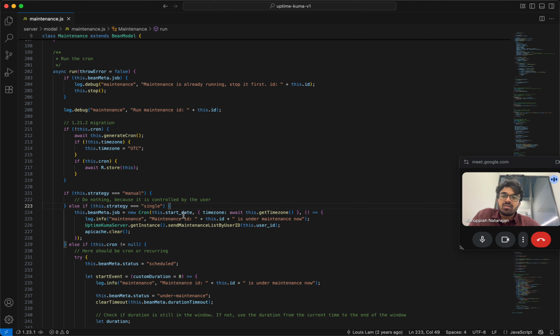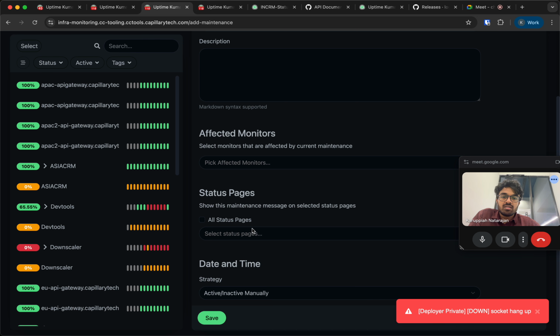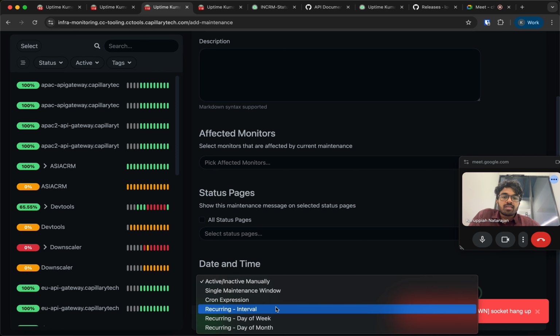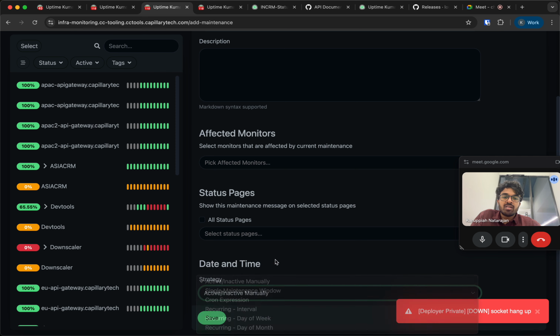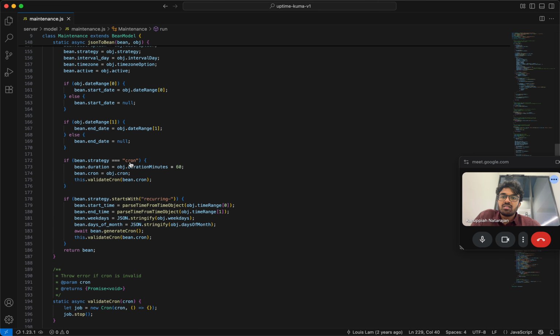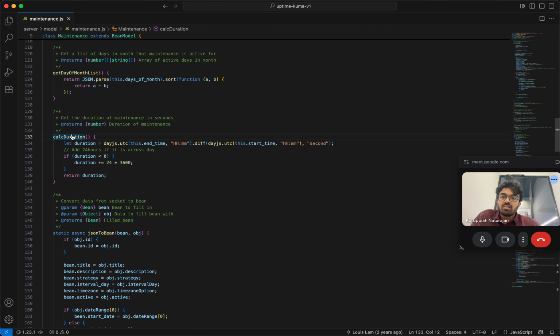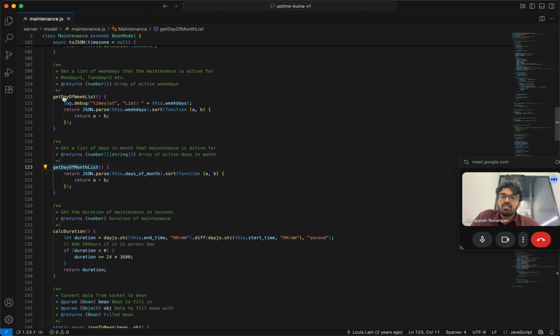If it's a single window, if it's cron, or else what else is there? Recurring interval, day of week, day of month. That's why they have over here calculate duration, get day of month, day of week,